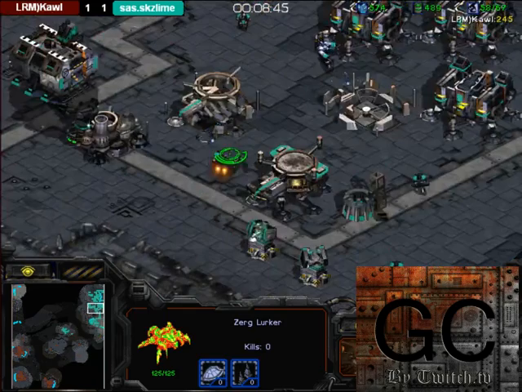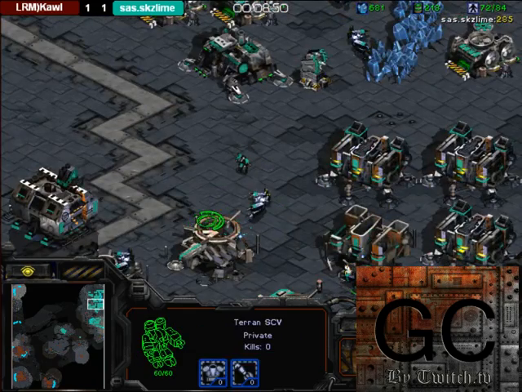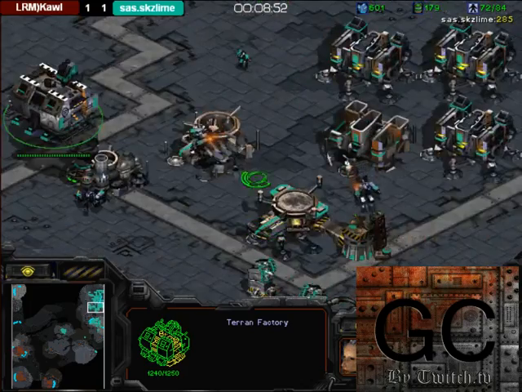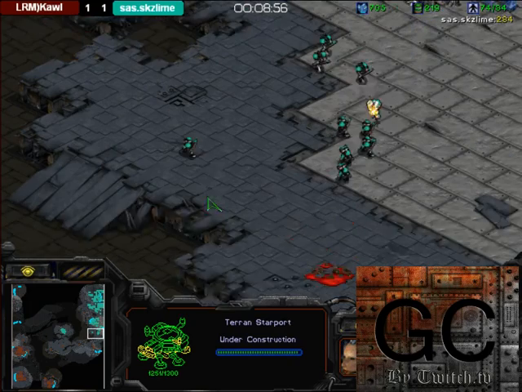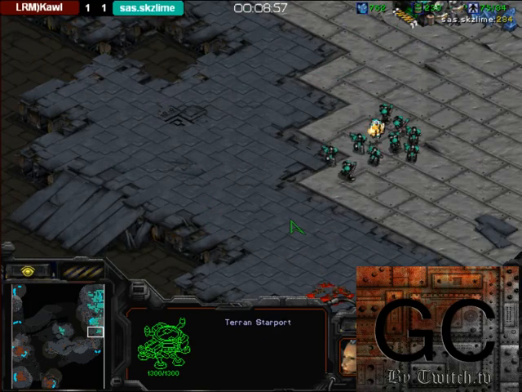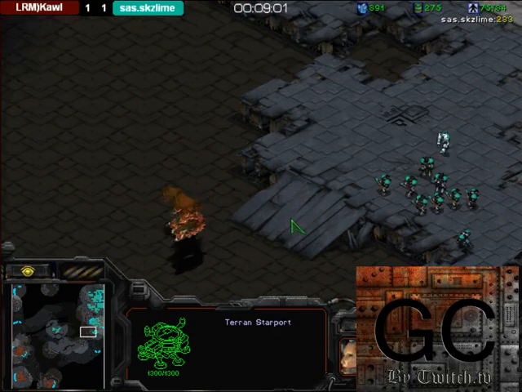What kind of tech is Skyline working on behind this? Ooh, he's going for SK Terran. Lifting the factory and just going pure vessel. That might be able to work pretty well against Cole styles, because the issue with what